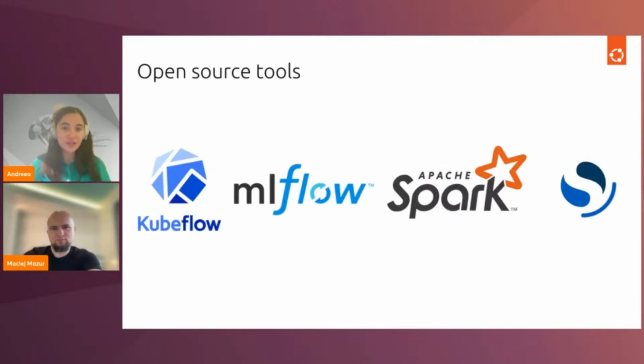In terms of tools, I highlighted 4 of the most famous ones. I'm not sure if they're the most famous ones, but they are the ones that I had in mind, and Maciej also mentioned or recommended through his discussion. So Charmed Kubeflow, or Kubeflow for those who are not familiar with it, is an MLOps platform to develop and deploy machine learning models and automate workflows. The heart of Charmed Kubeflow is Kubeflow Pipelines. Sorry, that Maciej already told you about.